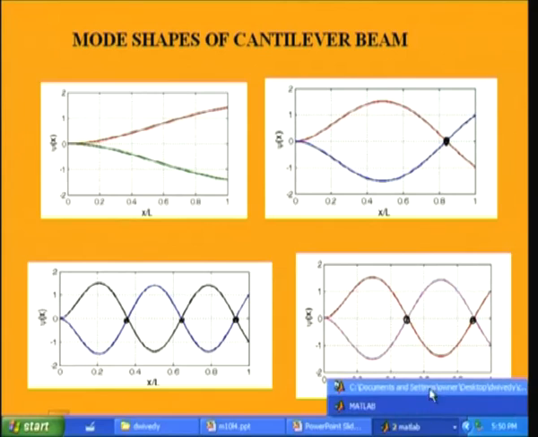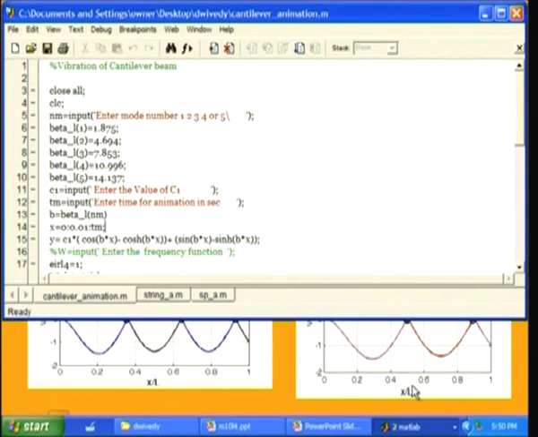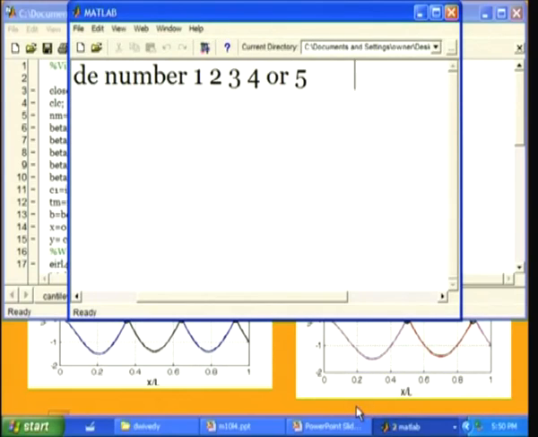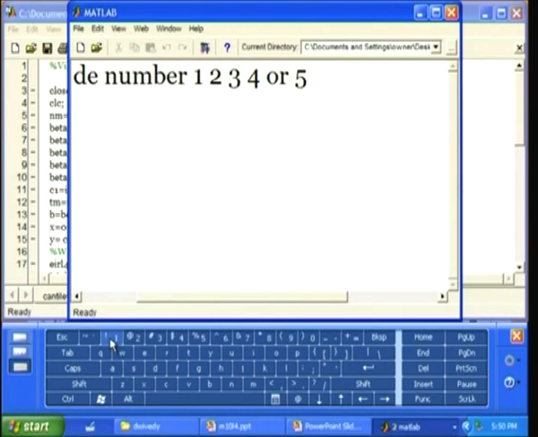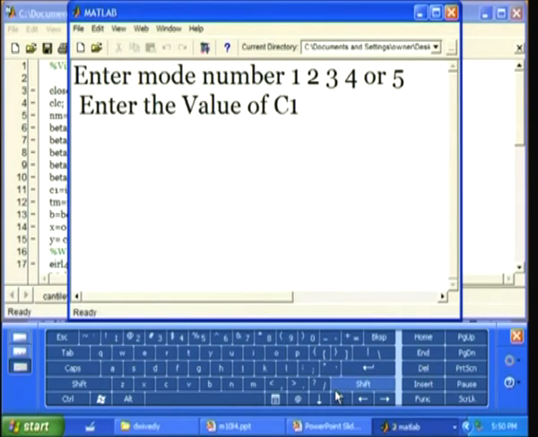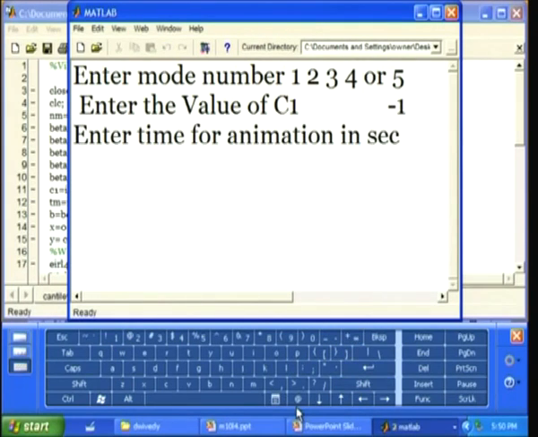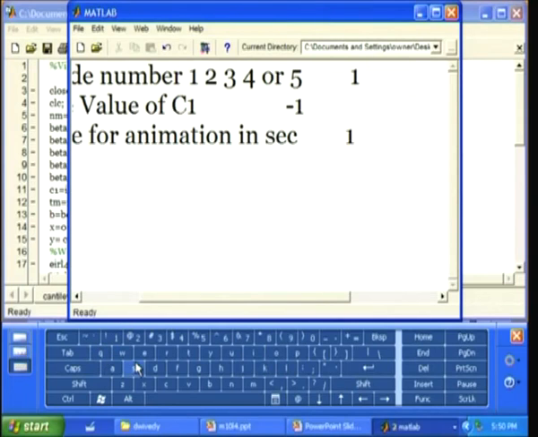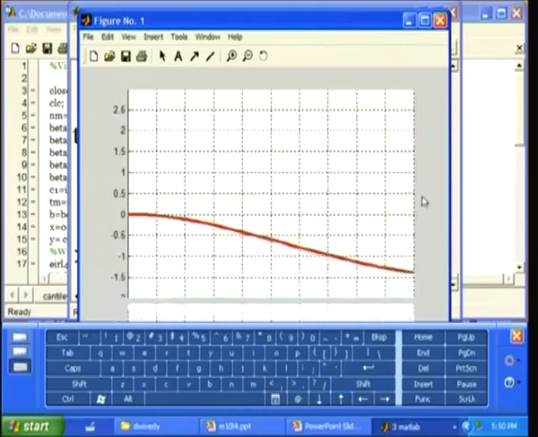So, by using this MATLAB we have this simple code written for the cantilever beam, and by running it for different modes we can see the mode shapes. Let us see the first mode. For the first mode, I can enter the value of C1 and let us see the animation for 10 seconds. You can see the beam is vibrating